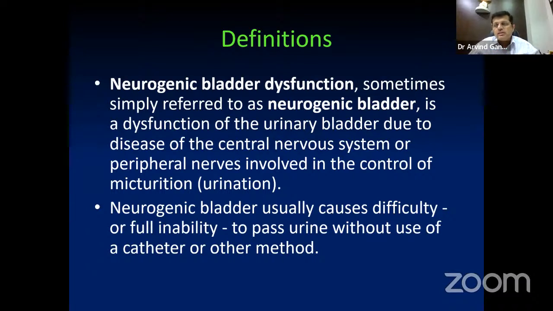Say, in sacral agenesis, spina bifida, or a history of surgery, something should be there before we label him as a neurogenic bladder. Otherwise, it's very likely that the patient might be a non-neurogenic bladder and we are labeling him as a neurogenic bladder. We'll see what the implications of this definition are. It's not just a theoretical discussion, but it has some practical implications as well.